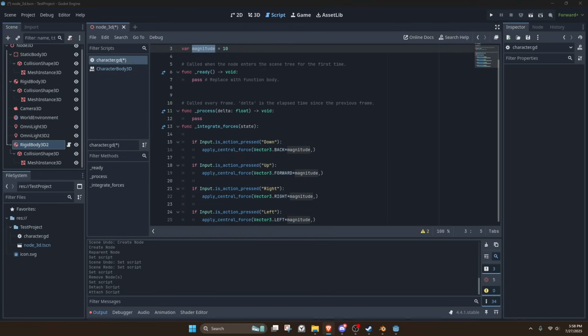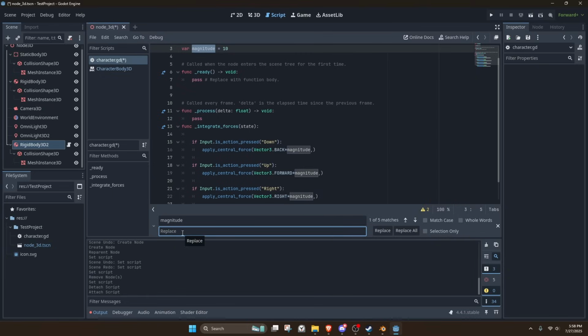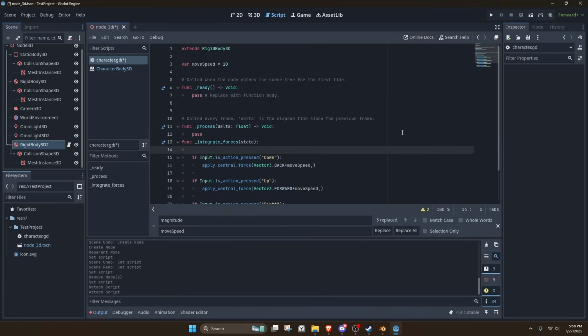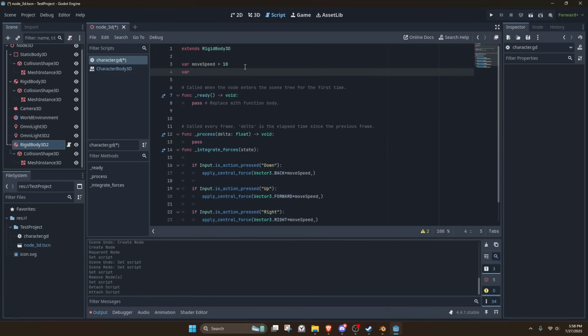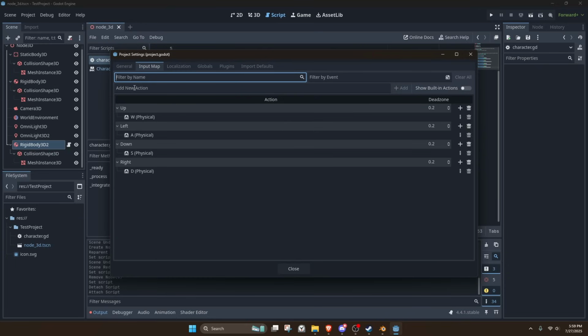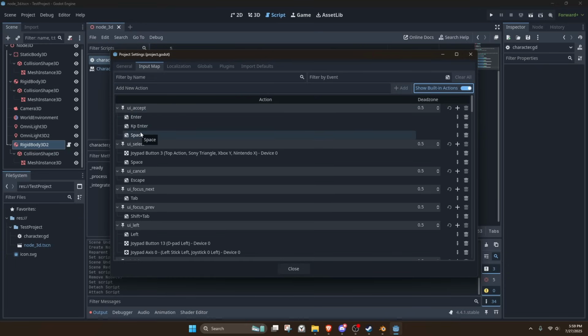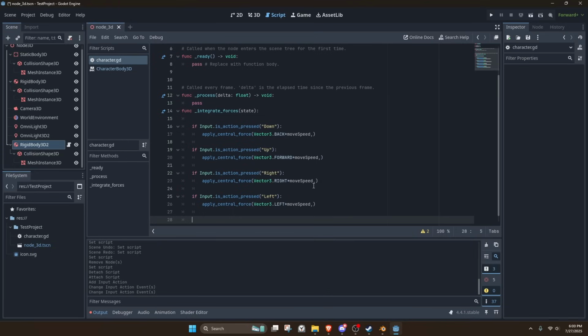Okay, Control R does find and replace. We do this, replace with move speed. Replace all. Okay. Cool. And then I'm probably going to want a separate variable for jump height. I'll set it to 10 as well. What is spacebar called? Enter or space. Yeah, because you have to think about, on a controller, it would be like X or A, which would be accept on menus. So then we're going to do if input apply